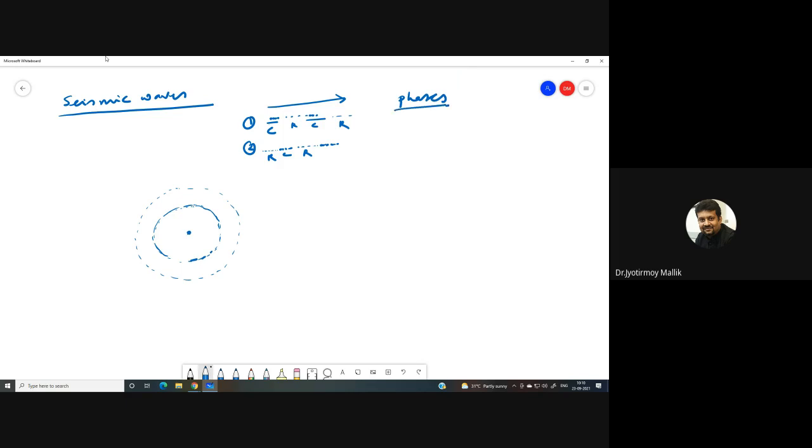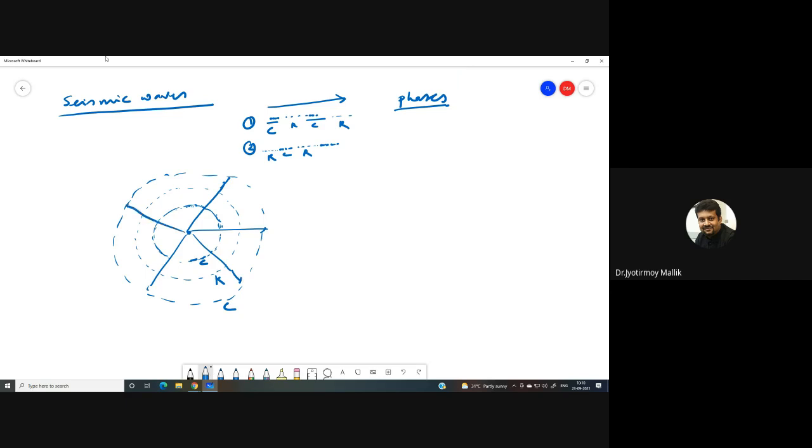Phases of the wave. So in a typical wave front, what is assumed is that all the phases of the particles are exactly the same. So suppose this is C, maybe that will be R, then maybe another one which will be C. Okay. So it's in 3 dimensions, and this is how we describe it. So it will be in all directions, right?